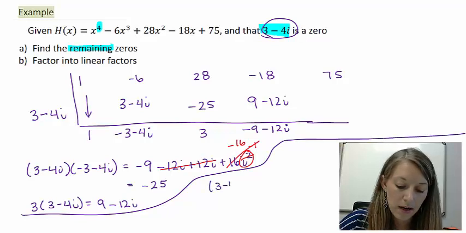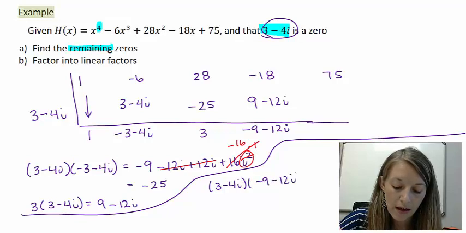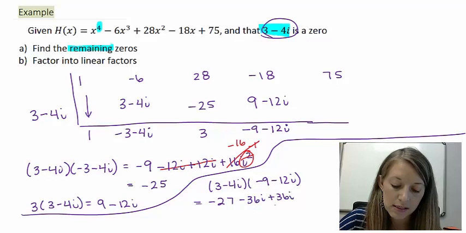So I have 3 minus 4i times -9 minus 12i. So if I FOIL, that gives me -27. Outside gives me a -36i. Inside gives me a +36i. And last gives me a